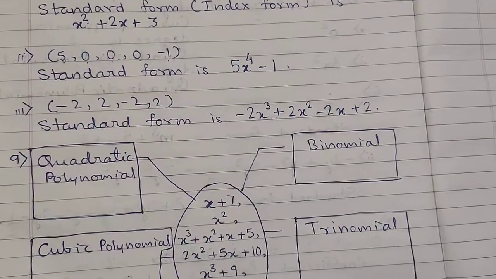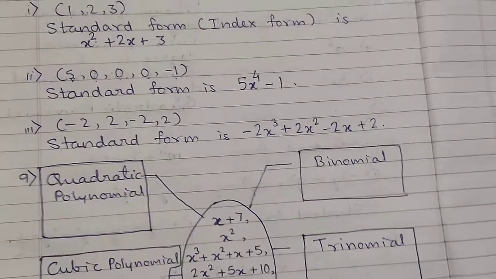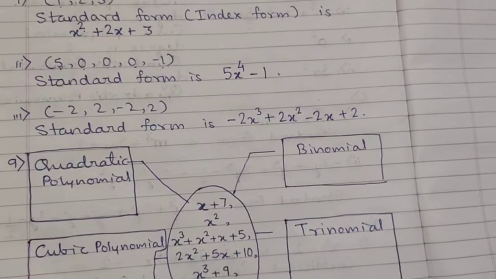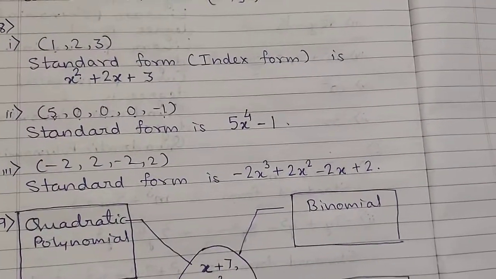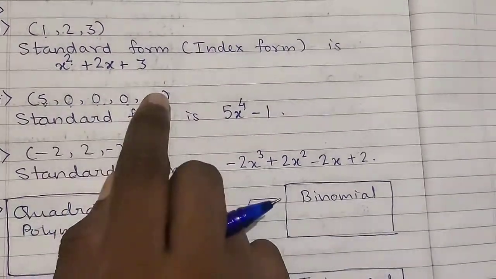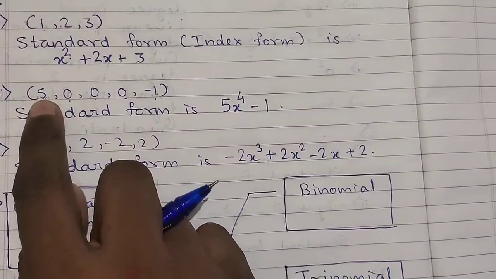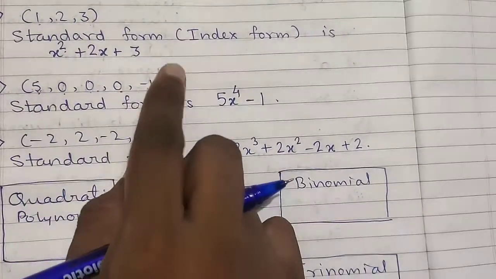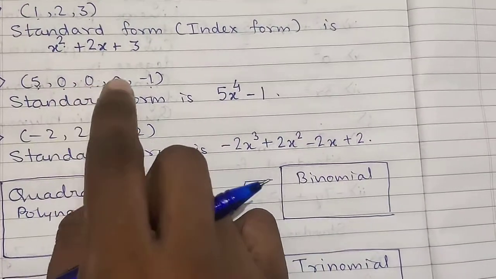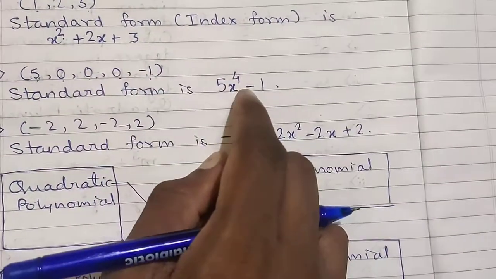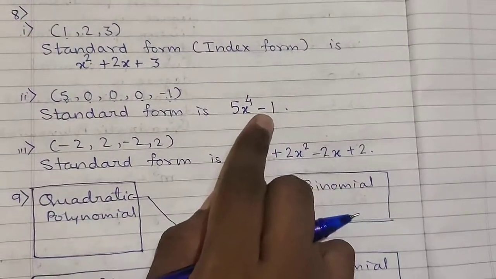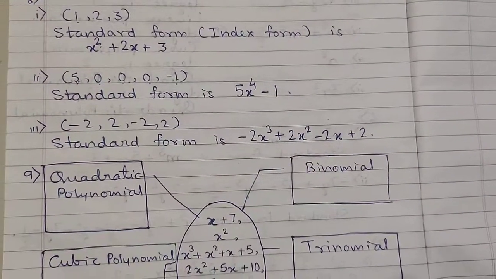Okay students, so this is very simple. Only you have to follow the steps, follow the rules. So how to write your standard form? First you see how many terms are there. If it is 5, then your first power will be 4, that is 1 power less because of this number. So first power 4, then power 3 missing, power 2 is missing, power 1 is missing, and then last one is your number. Okay, so in this way you are going to write your answer. So it is very simple.